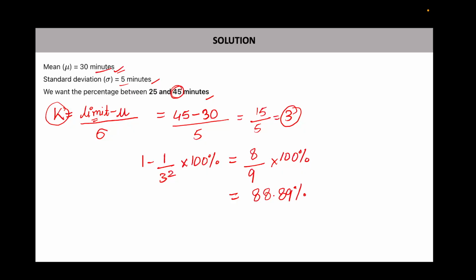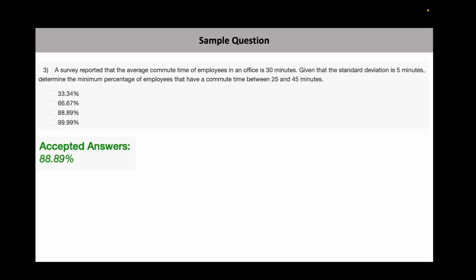Okay, so your answer should be 88.89. So that is your answer. This means that whatever data set this survey has reported, out of that